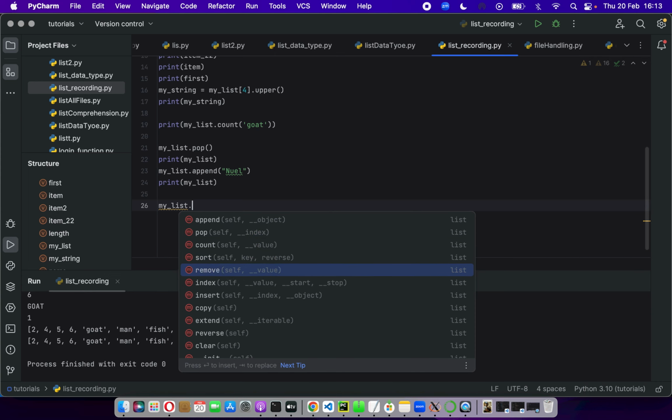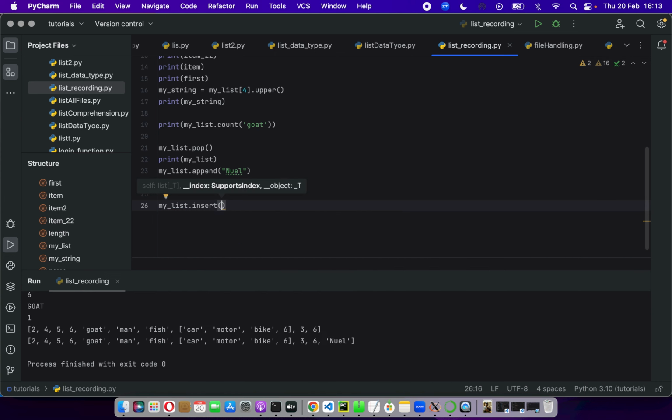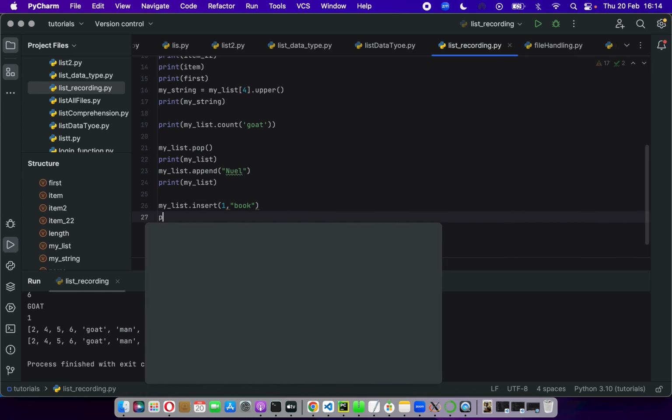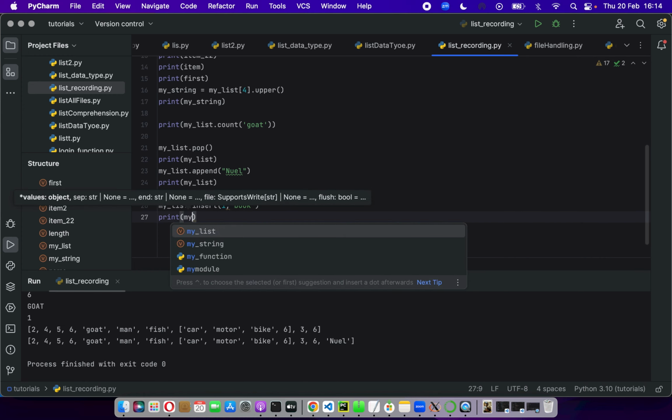Now I can put here insert. What does insert mean? Insert means you tell me the position where you want to put the item you want to add. So now let me say I want to put book in position 1. So the first parameter here, or the first value here, is the position where you want to put the item. Then here, because it's a string value, as I mentioned, book, it must be in quotes. Then I can put here book. Now if I run this code now, it will include